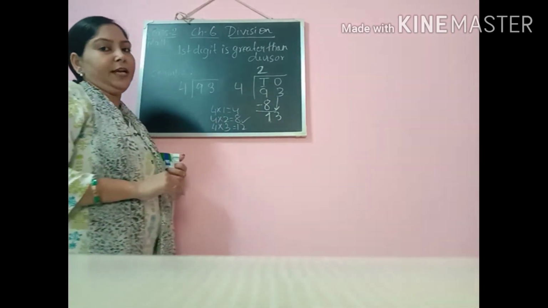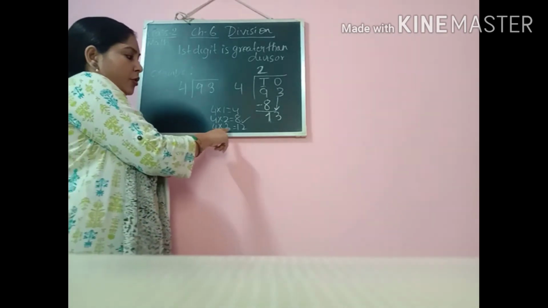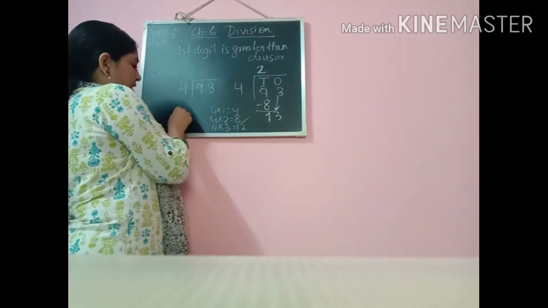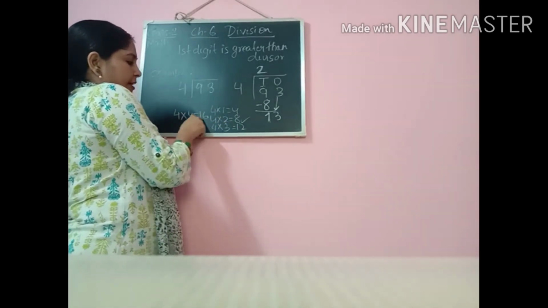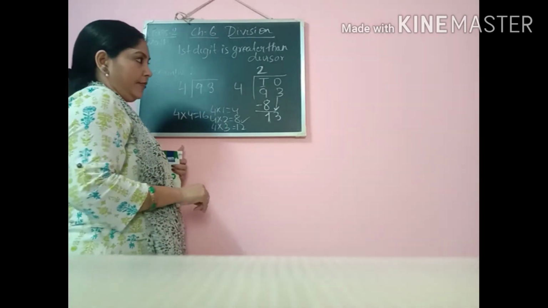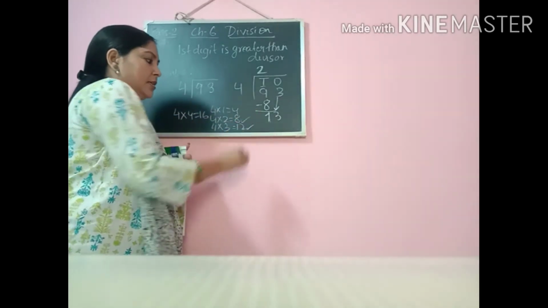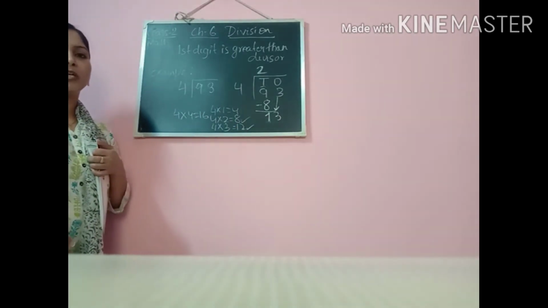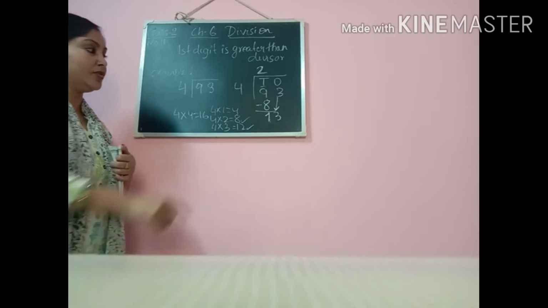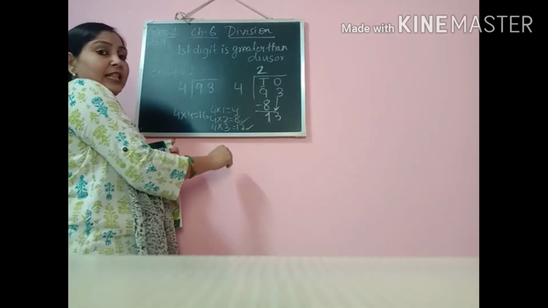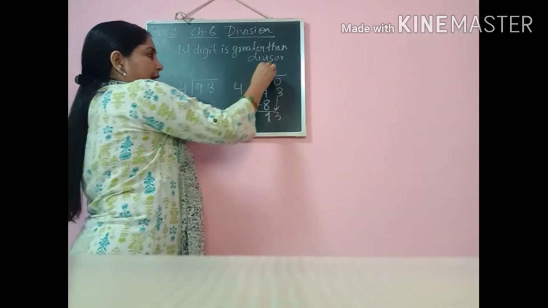Now we have to find a number which is closer to 13. We know 4 3s are 12, and let's write the next number, 4 4s are 16. So we have to think between these two numbers, 16 and 12. Which one is appropriate? Of course you will say 12. 4 3s are 12 is more appropriate than 4 4s are 16, because 16 is bigger than 13. So we cannot take that. Alright, so we will go by 3.